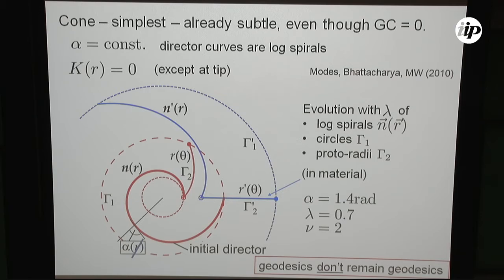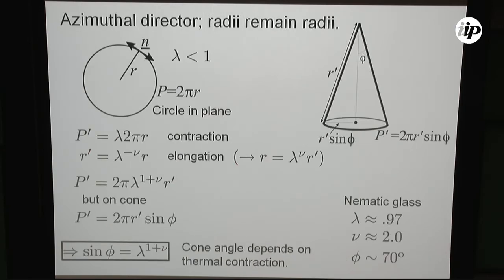Okay, so this is the answer in a simple case, namely the constant angle is 90 degrees, and that's the one we saw before. It's simple because radii remain radii and circles remain circles. So that's preserved, and I just have to go through a little bit of algebra, because this circle contracts